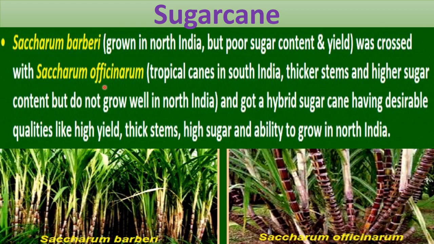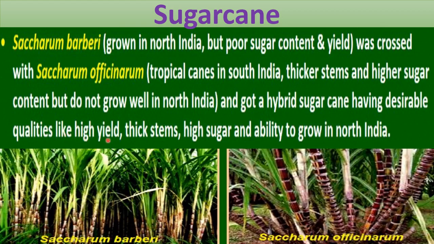So this Saccharum officinarum was not able to grow in North India due to different climatic conditions and different soil conditions, agroclimatic conditions, you can say, right? So a new variety of sugarcane was produced by the hybridization, by breeding of these two. Okay, and we got a hybrid sugarcane after breeding these two varieties, and this hybrid sugarcane was having desirable qualities